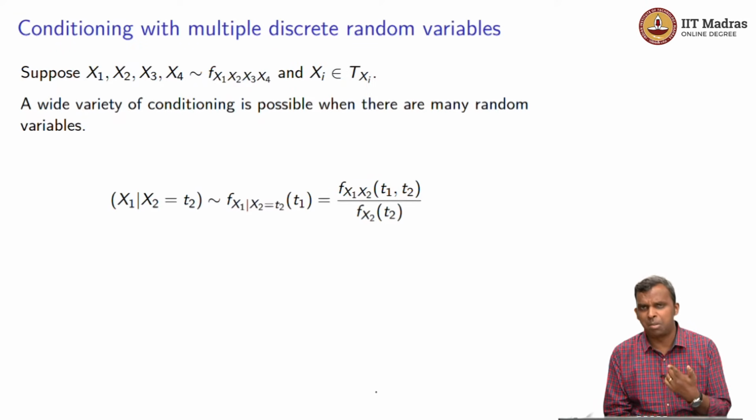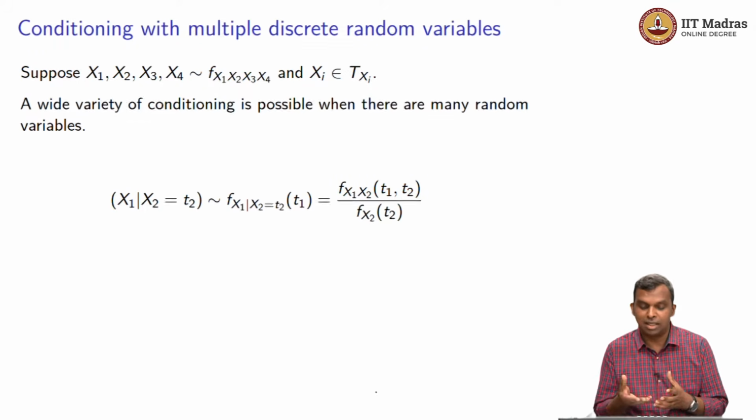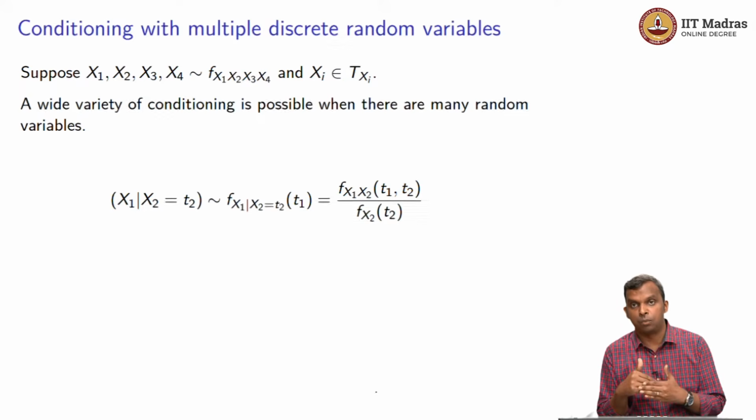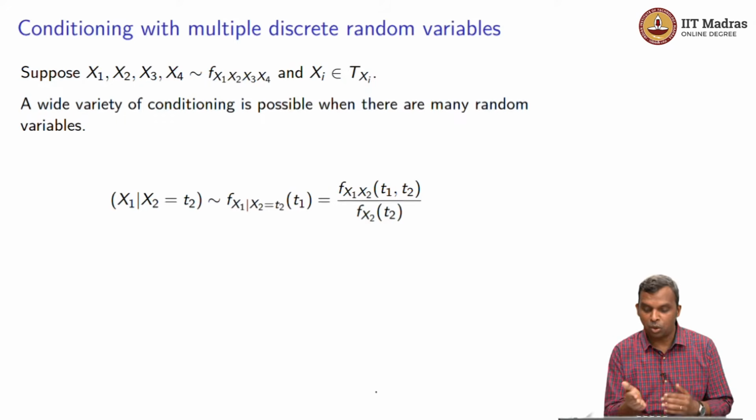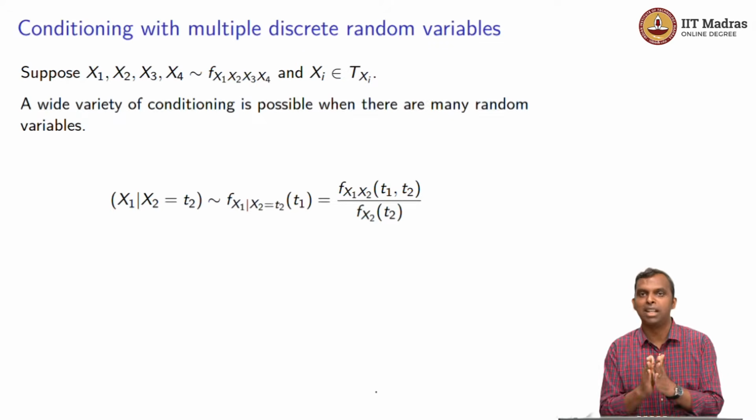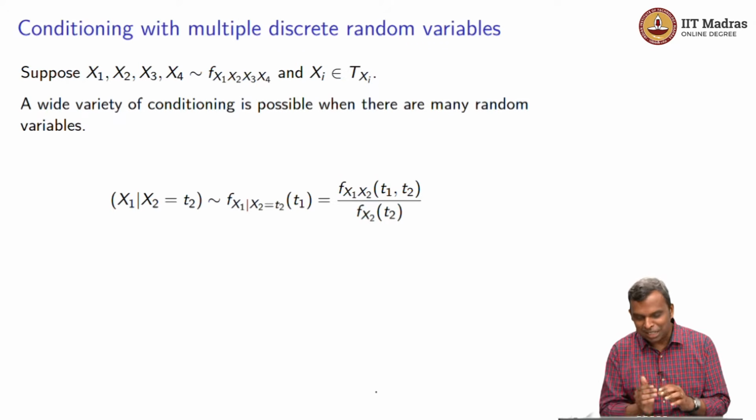That has a PMF which we write as f of X1 given X2 equals t2, evaluated at t1. We know that this is just the joint divided by the marginal. Conditional equals joint by marginal. That's a very nice formula to remember. Joint equals conditional times marginal is also a nice formula to remember, but conditional equals joint by marginal is very simple. And notice how the joint came: you took X1, X2 and simply joined them, put it in the numerator,